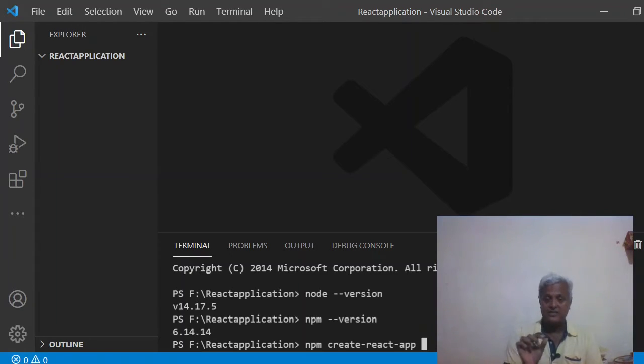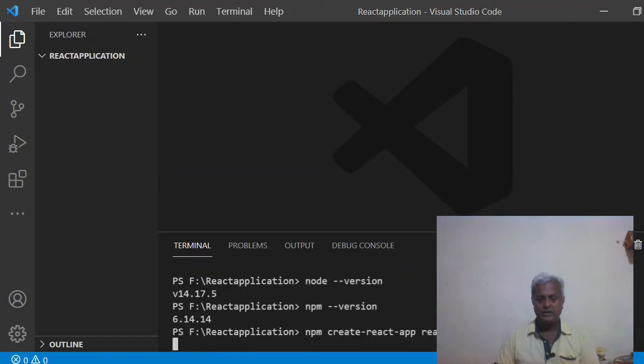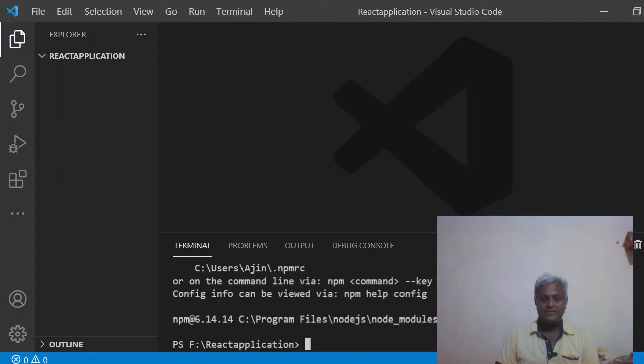All the letters should be in lowercase, or small letters. So I write React Tricks. I name it as React Tricks,